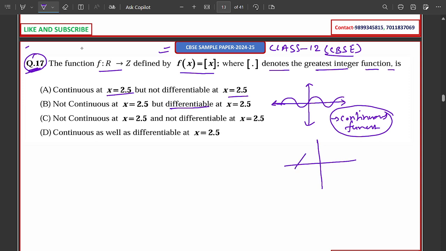if we don't have a sharp cut in the graph, like at this point, this is a sharp cut. So this graph shows this function is not differentiable. So let us check this function. We all know the graph of this function. Suppose